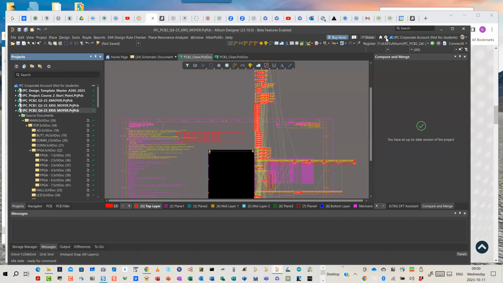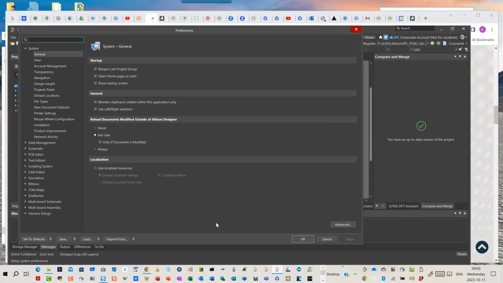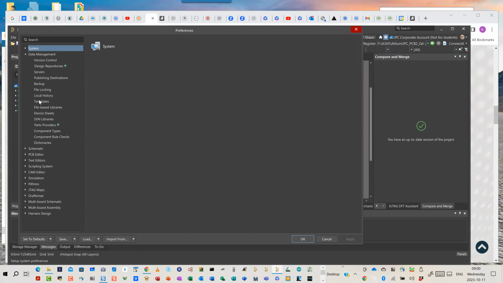Right next to that is this little gear icon. When you click the little gear icon, that's going to pull up the Altium tools preferences and configurations. Under data management right here, there's a section called templates. When I go to the templates area right here,